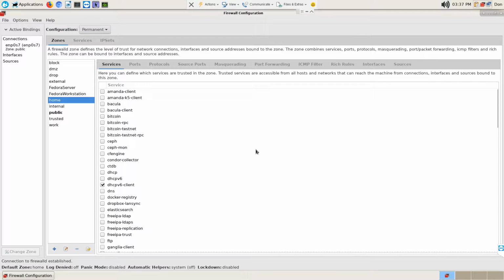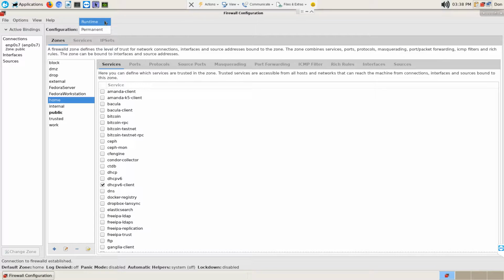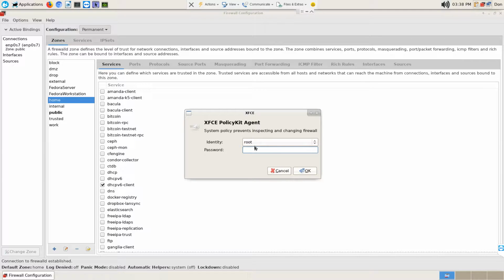I mean, you want runtime to permanent, but of course I selected permanent. Okay, current visibility configuration. Runtime configuration is the actual active configuration. Okay, permanent configuration will be activated after service or system reload or restart. Okay. So I think I'm just... Why are you... Oh, yeah, this is...